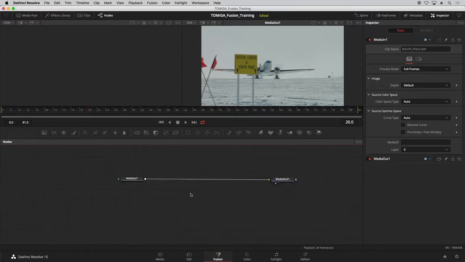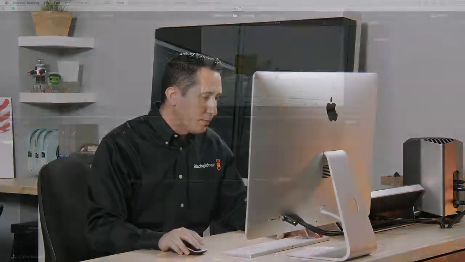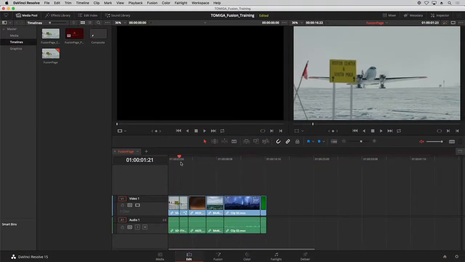So what do we have? We have a media in node and a media out node. What are these? Well, right now we're looking at a fresh composite straight from the edit page. So let's take a look at the edit page. You can put your playhead over the clip that you want to work on, click on the Fusion page,